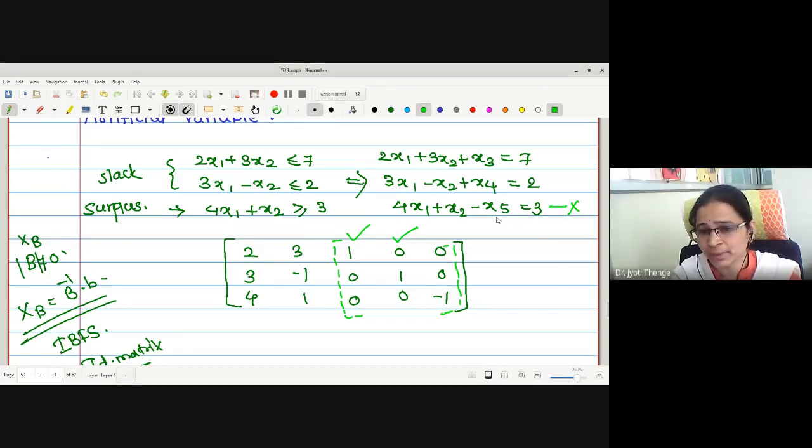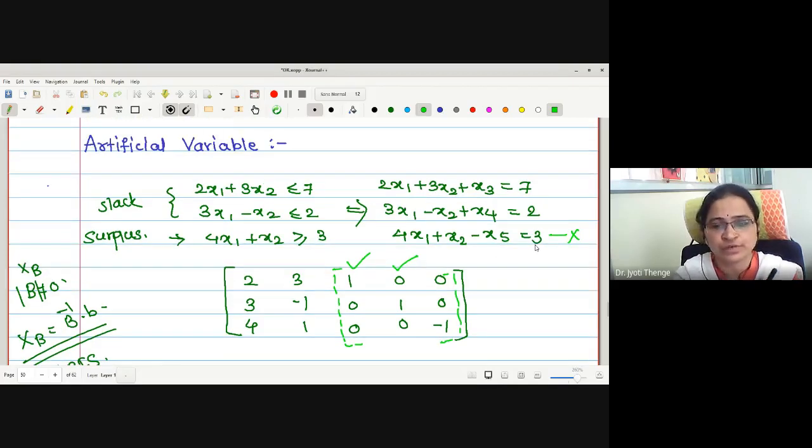But what will happen if I multiply by negative here? No doubt this x5 becomes positive, but what is the effect on your right hand side constant? It becomes -3. But is it according to your standard form? No, it is not. What is the standard form? Let us recall. In the standard form of an LPP, the objective function should be maximization, the right hand side constants should be non-negative, and all the constraints should be equations. Therefore, if I multiply by negative, it creates a problem: the right hand side constant becomes negative. Therefore, here we cannot choose this option of multiplying by a negative sign.